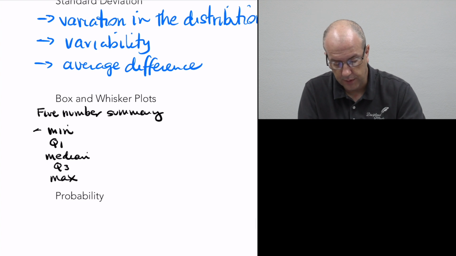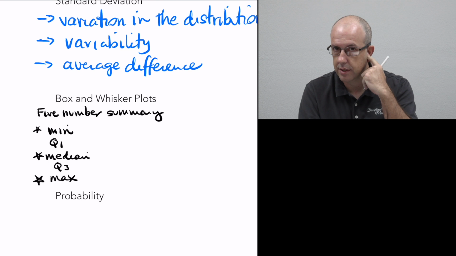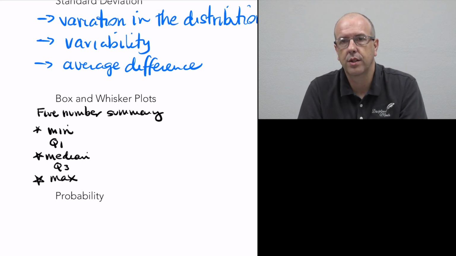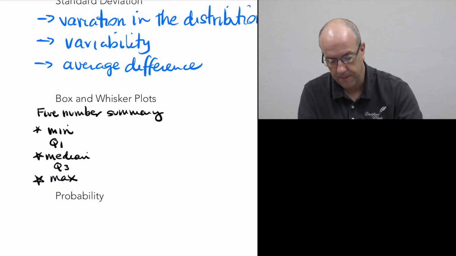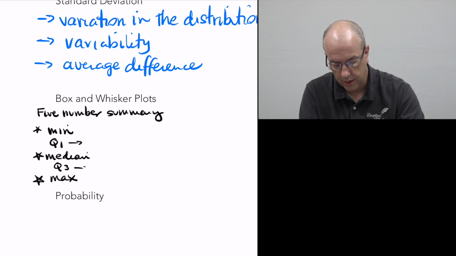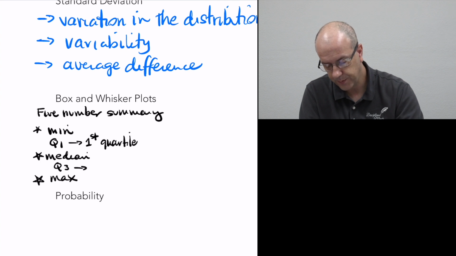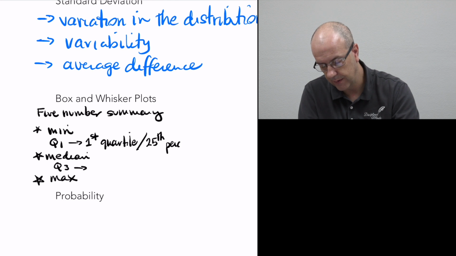Now the minimum is pretty obvious. The median we just talked about, and the maximum is pretty obvious. So the question is what is Q1 and Q3? Now there's a lot of different words for this. They can call this the first quartile, and that's where Q1 comes from. This is also referred to as the 25th percentile,